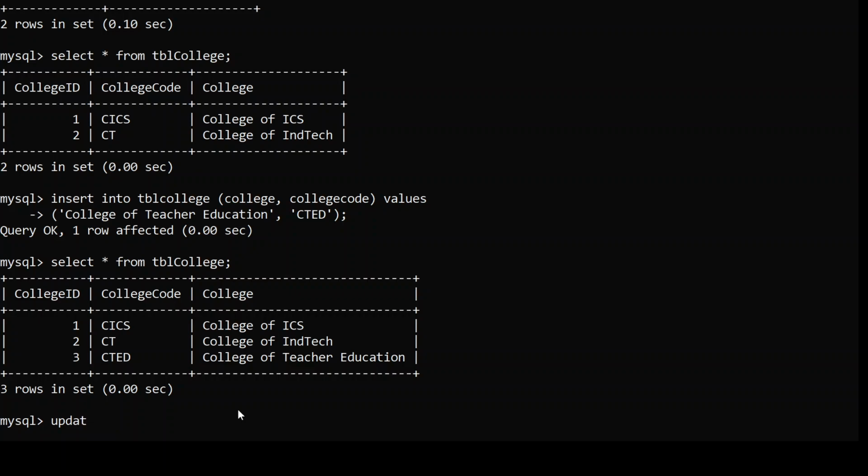Update, then the name of the table, TBL College, and then set. What will you set? You will set the college. Update TBL College, set college. This refers to the college column. Update TBL College, set college equals. So you need to enclose with a pair of single quotation, College of Information and Computing